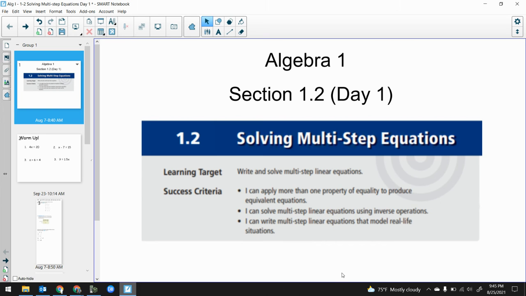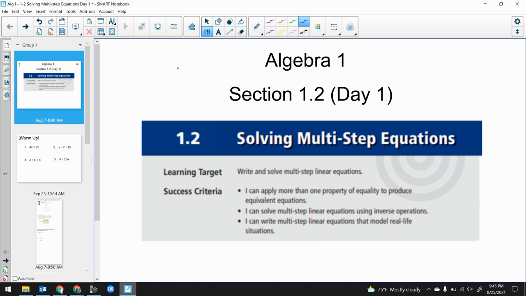Hey everybody, so this is going to be a video going over section 1.2, day 1. Just as a reminder, these first couple sections within chapter 1 are all about solving equations. We did section 1.1 yesterday, some introductory one-step equations, and then we're going to spend 3 days in section